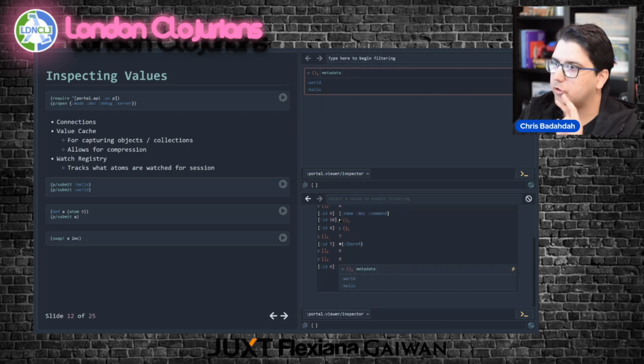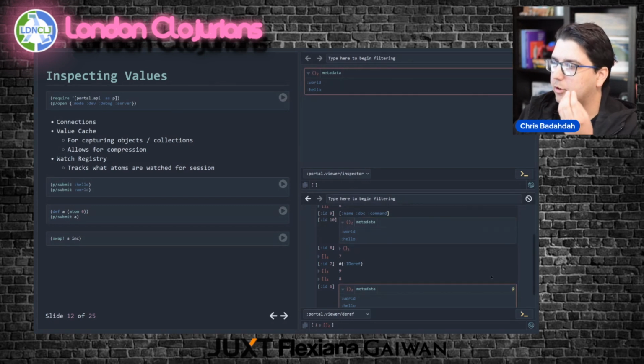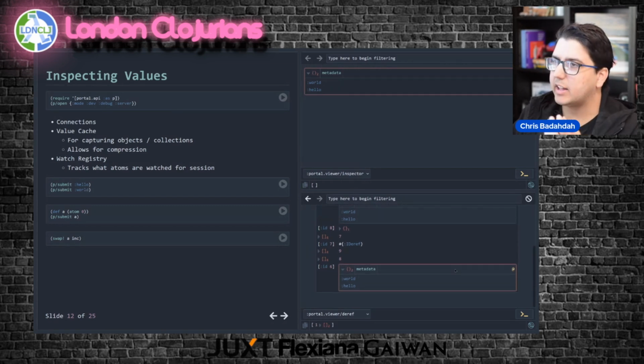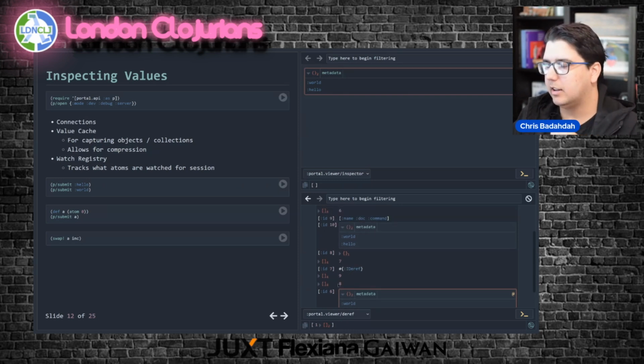And it captures two things. It'll capture the actual data for it, but it'll capture the atom as well. And that's how it can communicate back and forth about the exact instances of the objects that you've sent to it, because it keeps track of everything that it's seen.